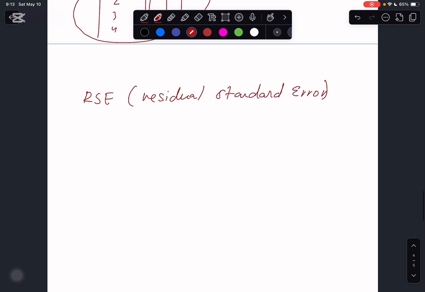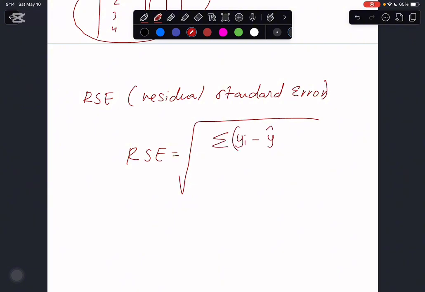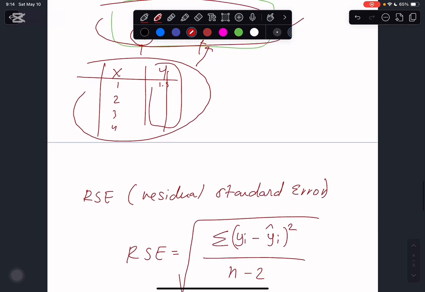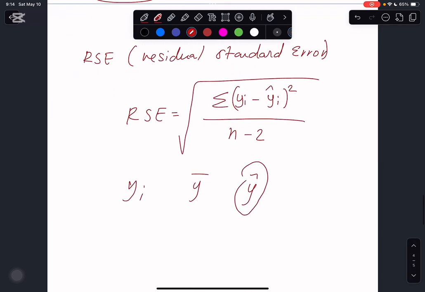So I'm going to find the residual standard error, RSE, which equals the square root of the sum of (y minus y hat) squared over n minus 2. I'll explain the y hat now. We already saw y i. Now we have something called y hat, which is what we get when we use this equation. The y hat is the